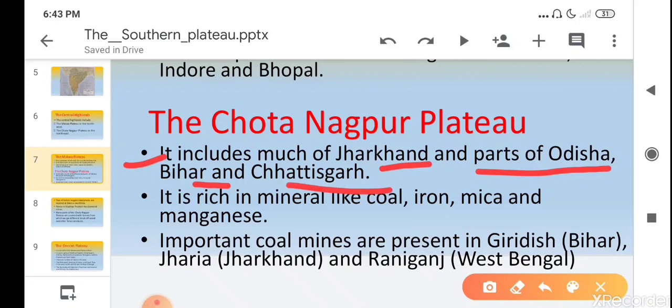It is rich in minerals like coal, iron, mica and manganese. These are the important minerals found here.